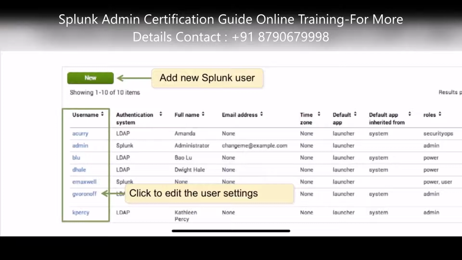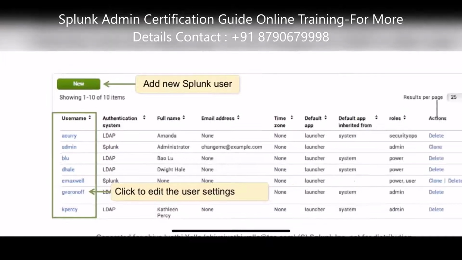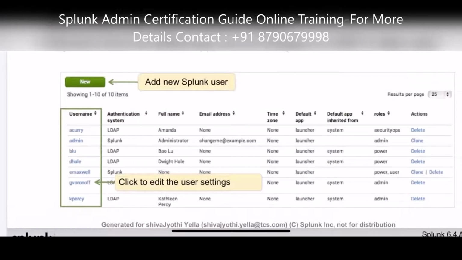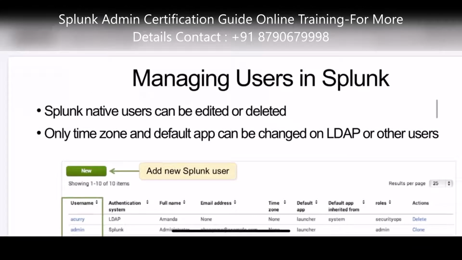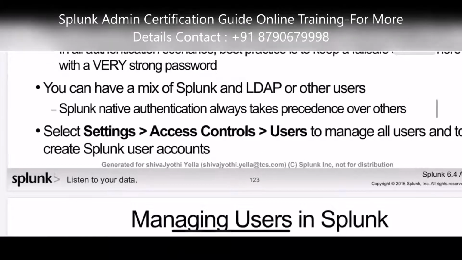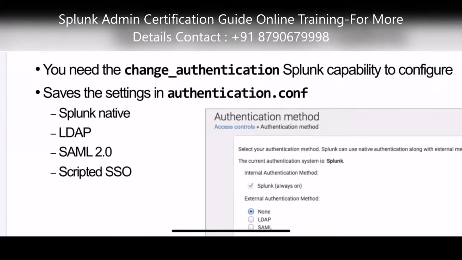And if you are creating something externally and adding that external group into Splunk, then the users present in that group will show up with the LDAP authentication system. LDAP, Splunk, and SAML, as I said, we will mostly not use SAML, but we'll also know what SAML is.